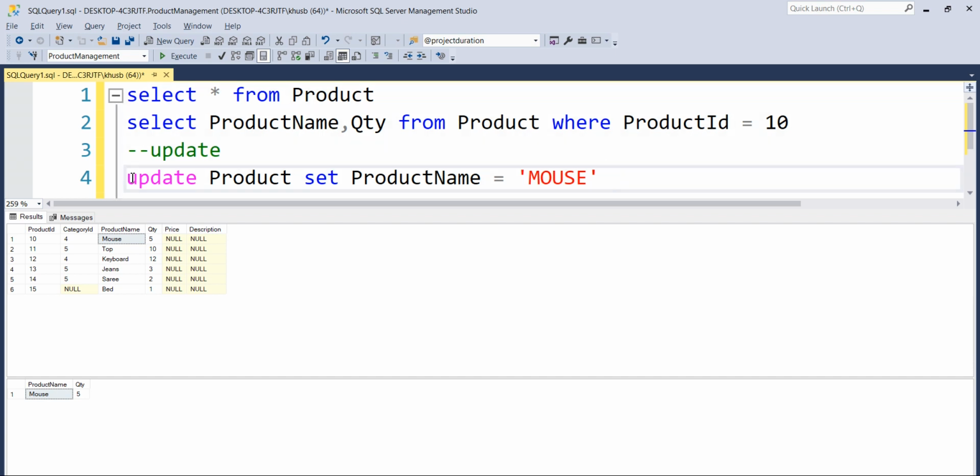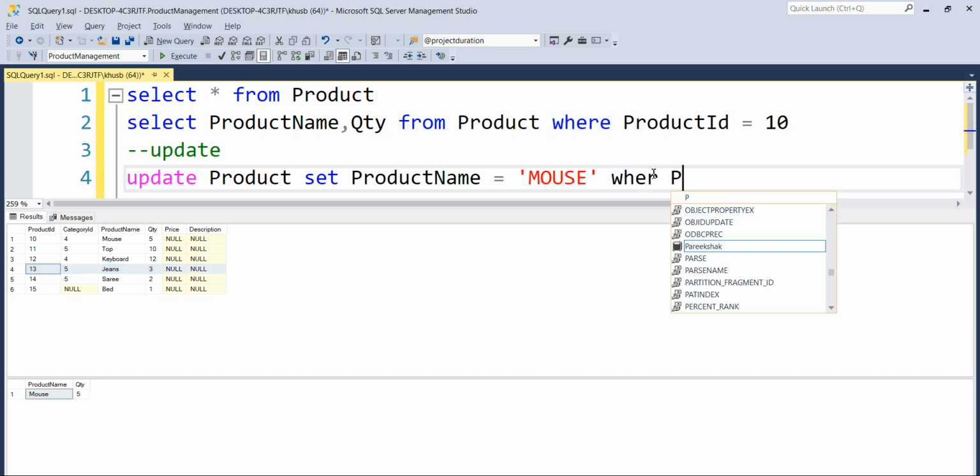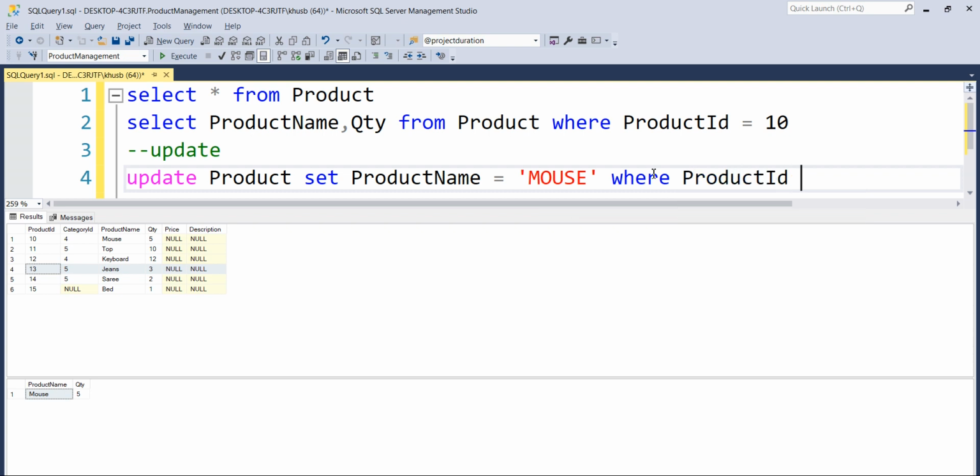But if I run this, because we have only specified the product name and the product table, all of these 6 rows are going to be affected. I don't want that. I only want to update this one. So again, by using this where clause, we can filter our rows, right? So now I need to write where product id is equal to 10.